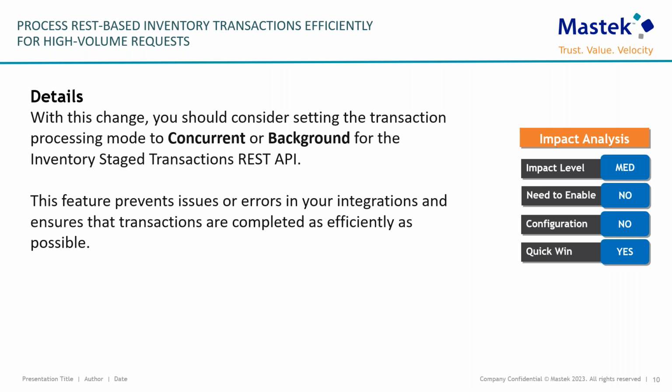So as we know, REST APIs are a great way to handle high volume transactions. For efficient processing, set the processing mode correctly using the transaction mode parameter. Choose from online, concurrent, or background. Online will be data insertion and synchronous processing. Concurrent will be data insertion and immediate processing using create inventory transaction processes, and the background will be data insertion with processing during the scheduled time of manage